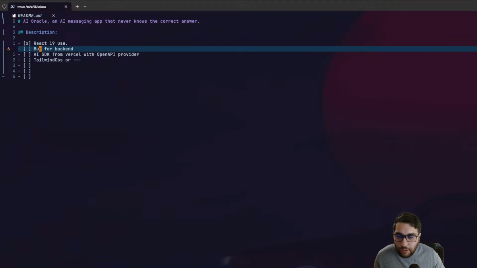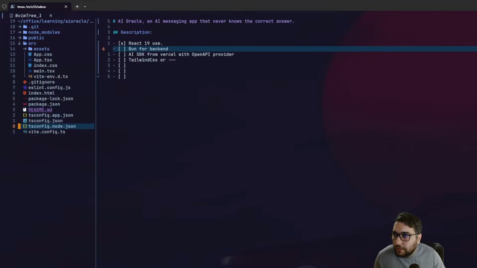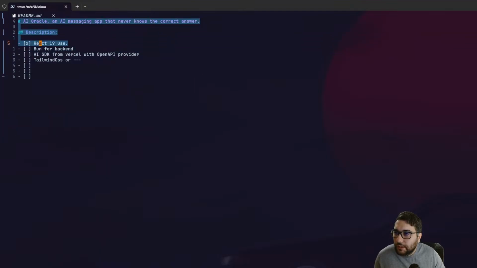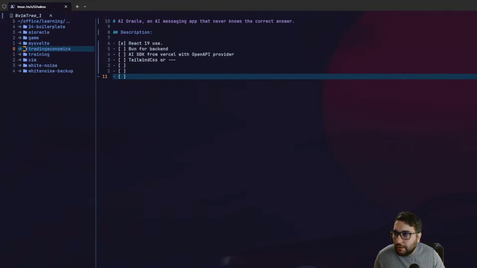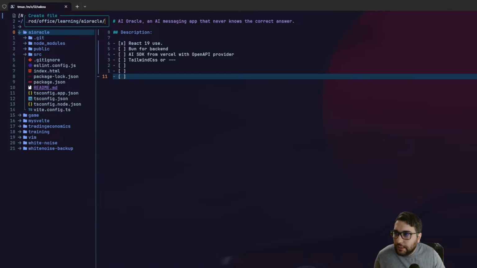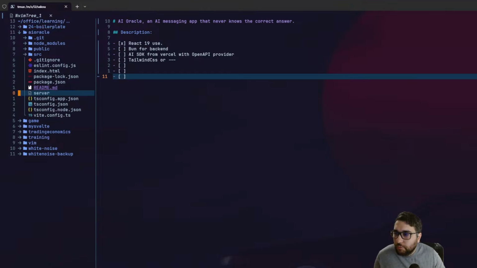That's something new. So should I purge everything here? Should I delete the folder that I just built, or should I create another server inside all of this? Okay, you know what? Let me do it like this. I have everything here, right? I'll take here and do server, right? Oops, not like that. Let me just do it inside this AI Oracle. I will do server